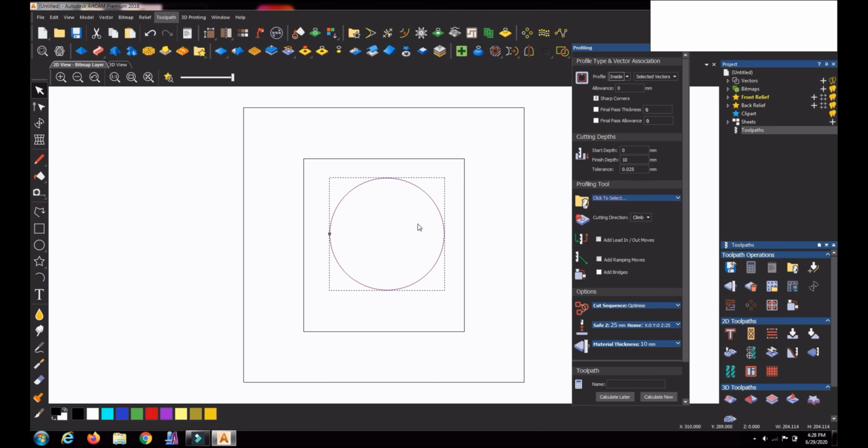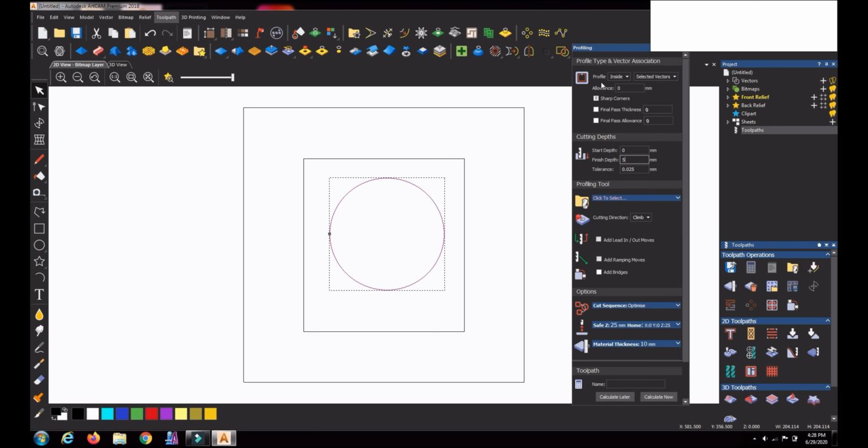Next we give the depth of cut, how much depth it has to go, the finish depth. Suppose this is a material of 10 mm thickness, and from this sheet you want to take out this circle. Then the sheet thickness is what we give as the finished depth. I have given 10 mm here, or if it is 15 mm we can give 15 mm, or 5 mm. That will be the finished depth.